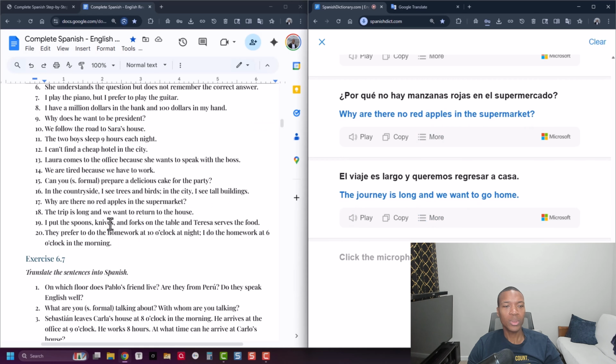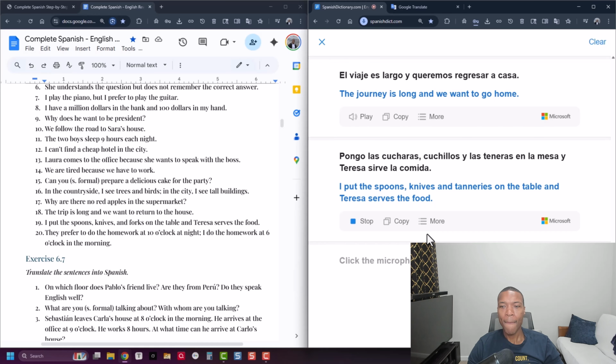I put the spoons, knives, and forks on the table and Teresa serves the food. Pongo las cucharas, cuchillos y las tenedores en la mesa y Teresa sirve la comida.